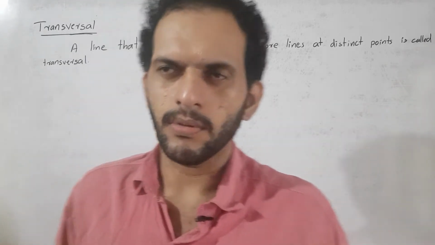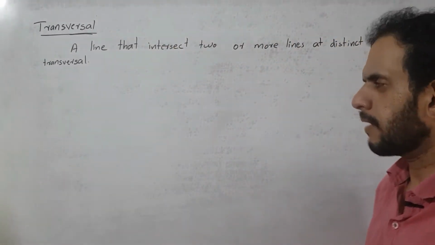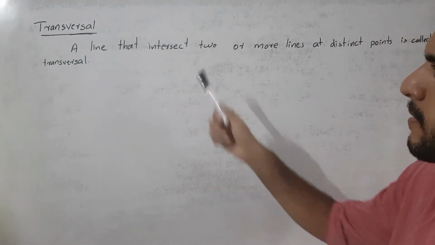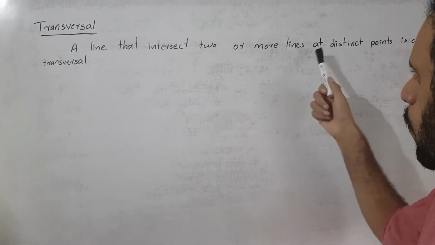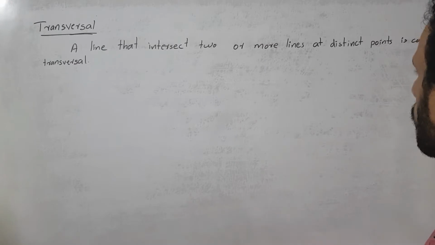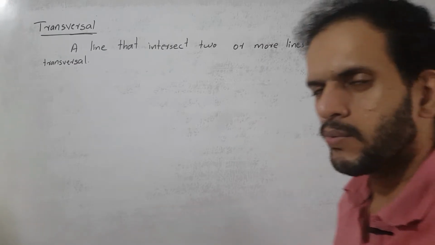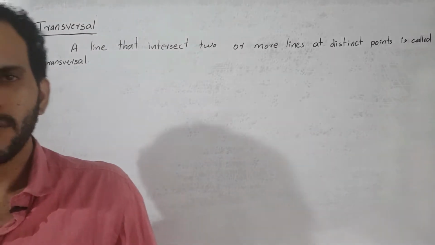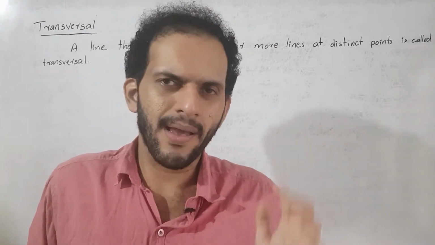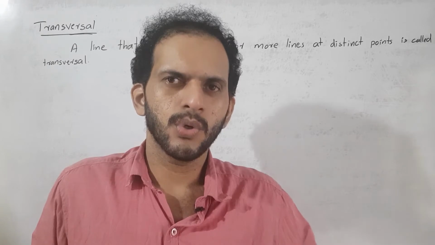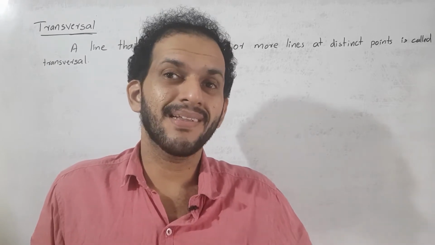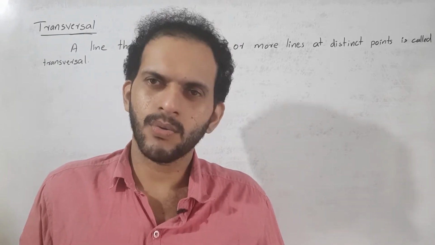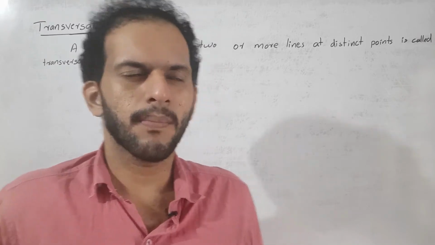Then what is a transversal? A transversal is a line that intersects two or more lines at distinct points. What is a transversal? A line that intersects two or more lines, not only two, at distinct points is called a transversal. For example,